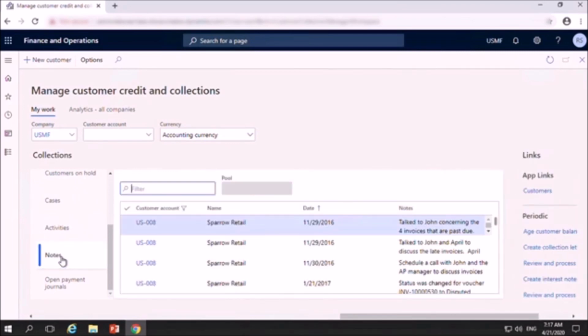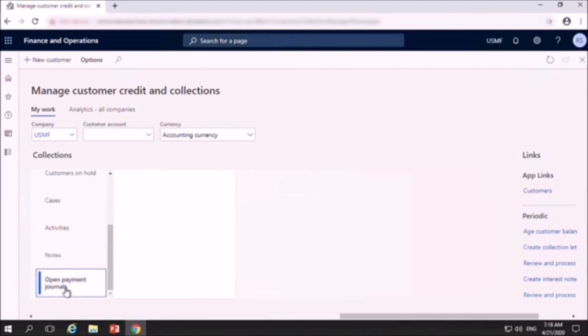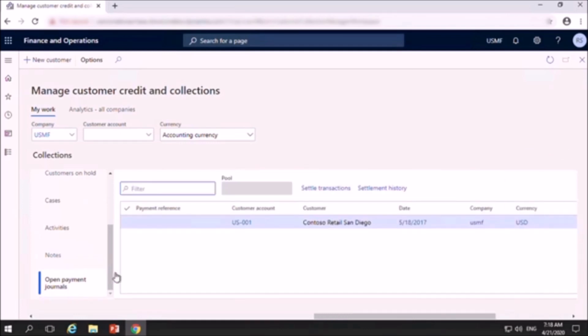So if a collecting team has talked to the customer and there are certain issues with the payout, you can take down those notes so that the next person who is following up with the customer can look at those notes and find out what the history is, what the various reasons are, when somebody last spoke to the customer, whether there were issues with the product delivery, and so on and so forth.